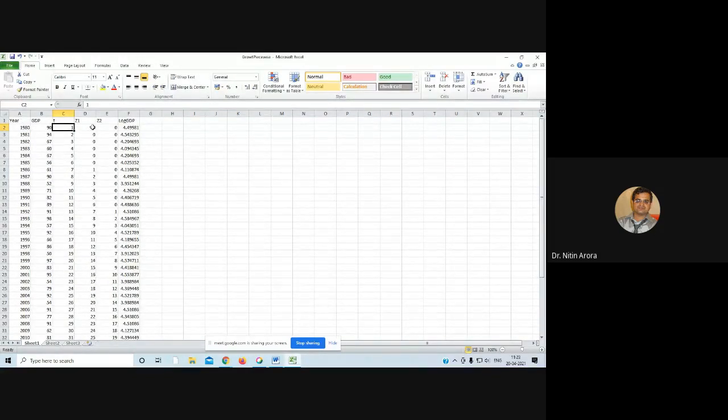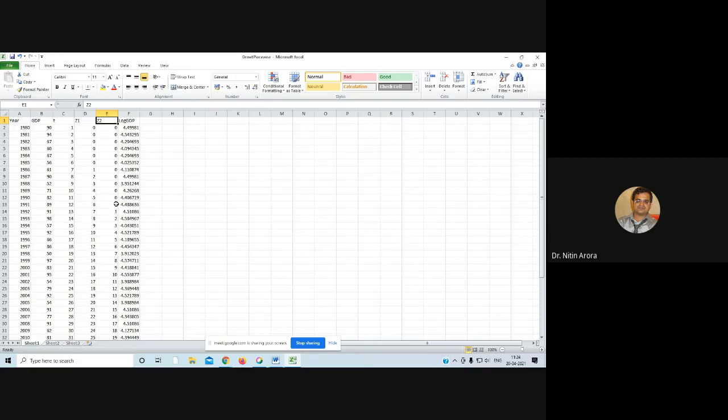Now, suppose I am taking the example of India and I am creating two proxy variables: Z1 represents the mild liberalization, Z2 represents the extensive liberalization period. So Z1 would be zero before 1985, and from 1985 onwards it would be T minus T star. It means 1985 minus 85 is 0, 1986 minus 85 is 1, 1987 minus 1985 is 2, and so on.